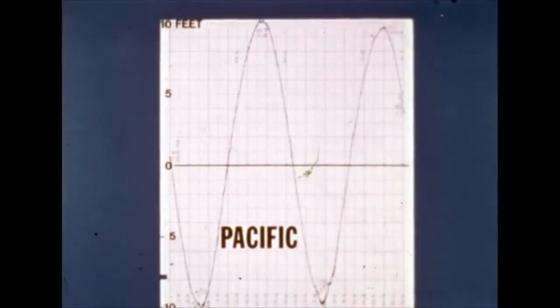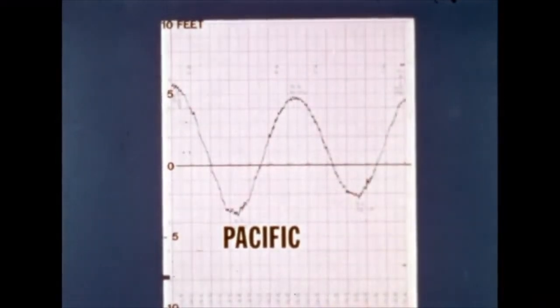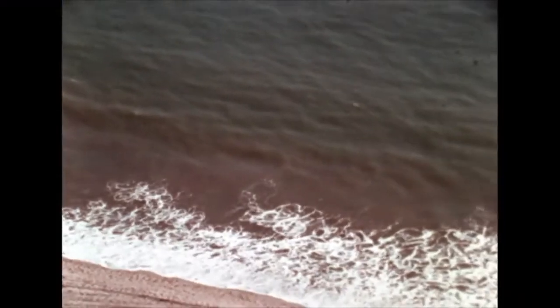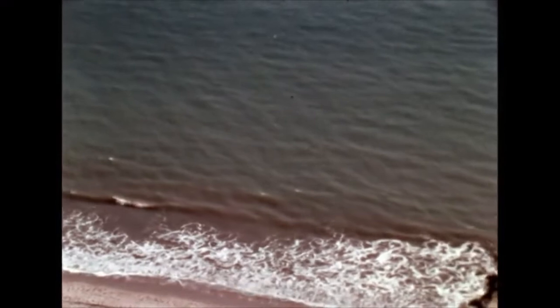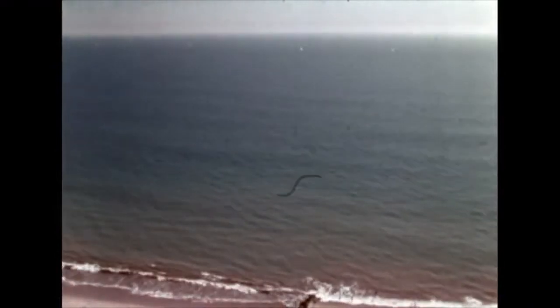One day's tide cycle on the beach just seen looks like this. Another day like this. And still another day like this. Obviously, the tides are not the same every day. So to find the true level of the ocean, we have to know the average of its changing levels over a period of many years. This long-term average is called mean sea level, and it is from mean sea level that all land elevations are measured.